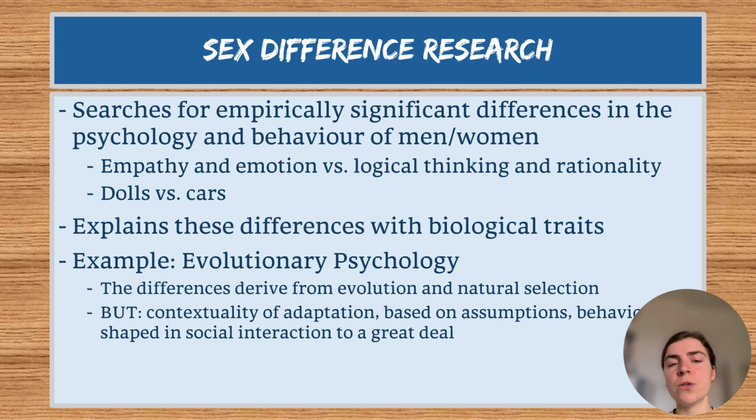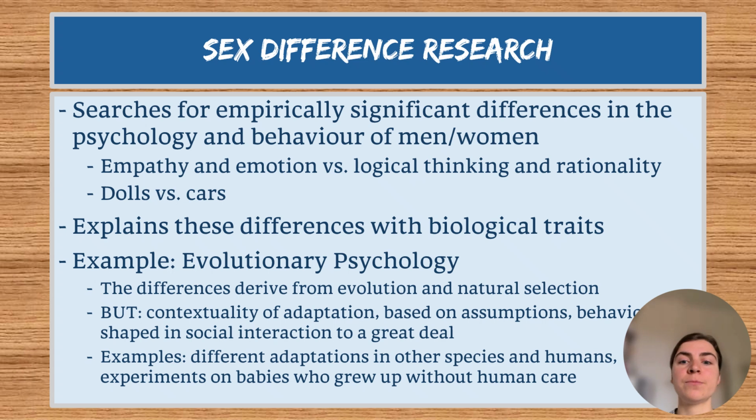And what is also important is that behaviors are shaped in social interaction to a great deal. What is notable is that if you try to raise a child without physical contact, without giving care to that child, this person can't care for others. It can learn that maybe in social interaction, but those basic traits are set through social interaction with the parents or other persons who replace the roles of the parents. But it's basically not that this is just there and humans just develop in that way, but rather in social interaction. So we can't say that empathy is something that is just innate to women, but rather something that develops.